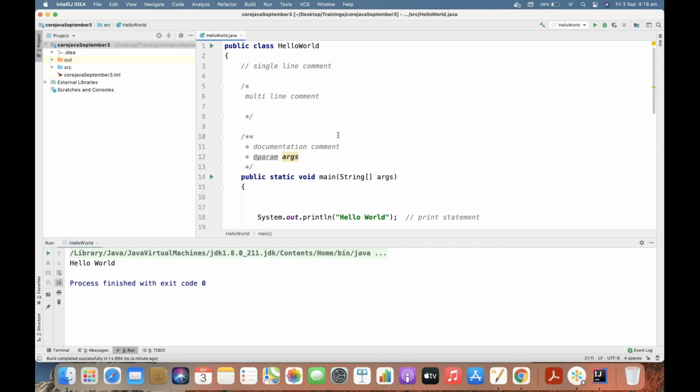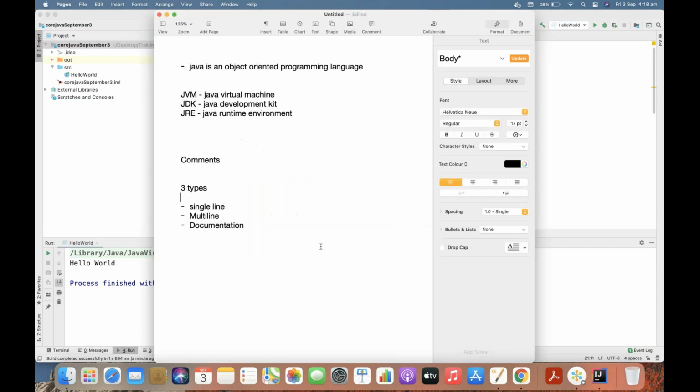Okay, so this is a very basic program just to print something to the console. Then we will see the topic of variables, and maybe we can wind up for the day. Then we will continue with the rest of the topics in the next session. So our next topic is variables. So what exactly is a variable?